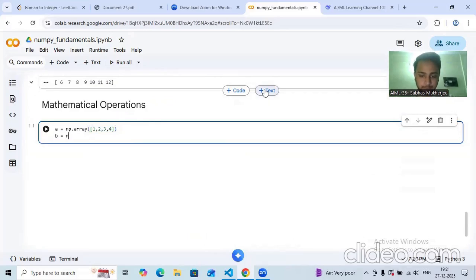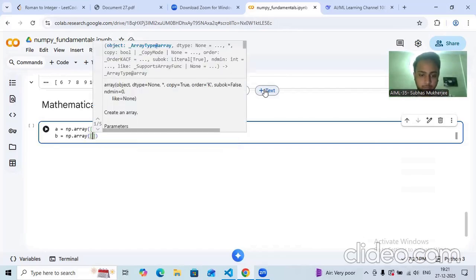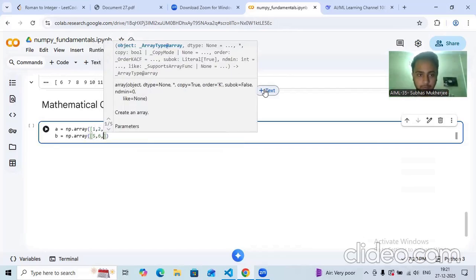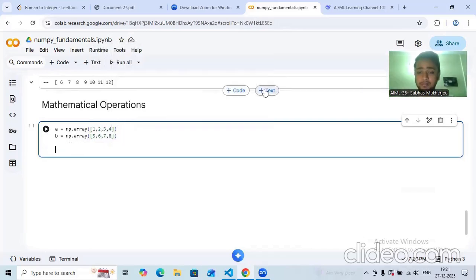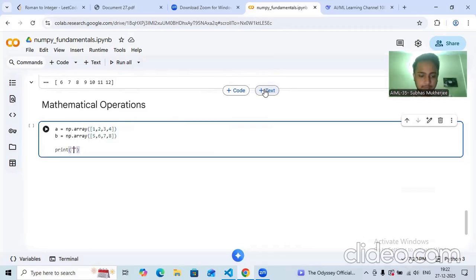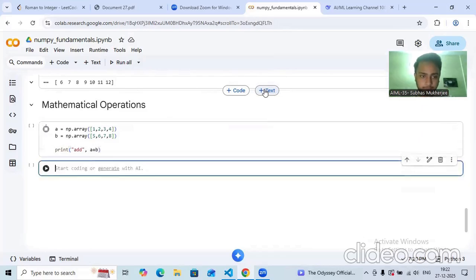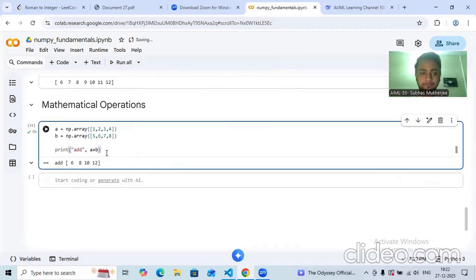Also make a second array, np.array. What will I do? Let's do 5, 6, 7, 8. These are the two arrays that are given to us. So let's perform all the operations that NumPy supports. First is print. Let's do add, normal a plus b. So yeah, you will see that it is doing element-wise addition in each and every column